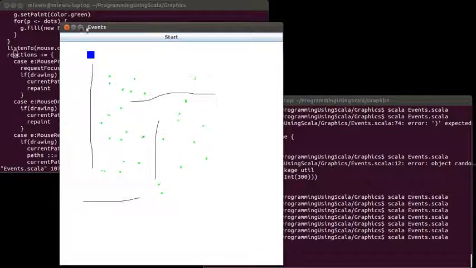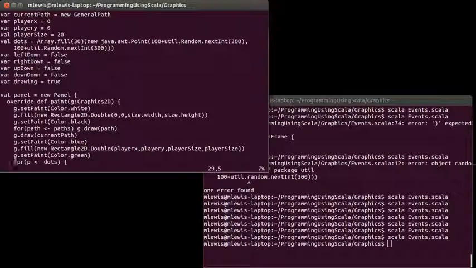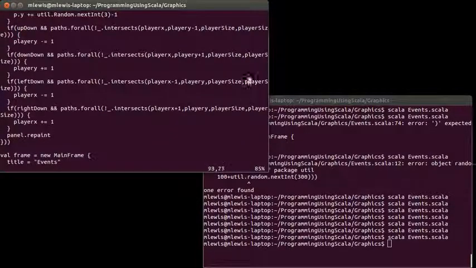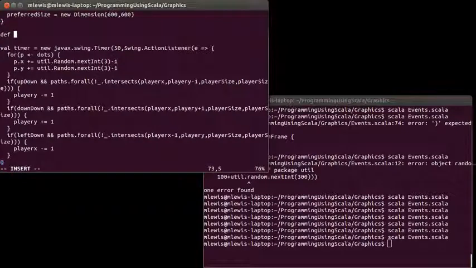Now to make this more interesting as a game, I need to have it so that there's some interaction. I'd also like to make it so that the little green dots can't move through my walls. And I guess that would mean that right now at least you could pin them down unless I change how I generate them. I'm not going to go into that much detail. This bit of code is repeated in these four ifs, and I'm going to wind up repeating it a lot more if I make it so that it deals with the random motion of these little dots. So how about we define a function for this,